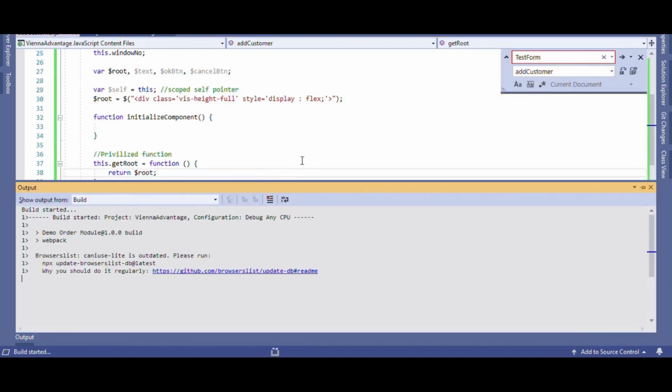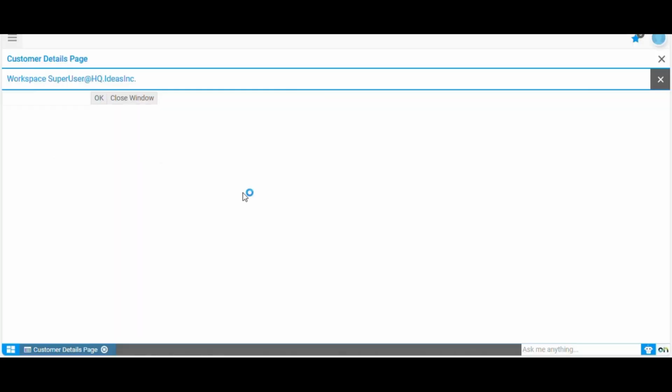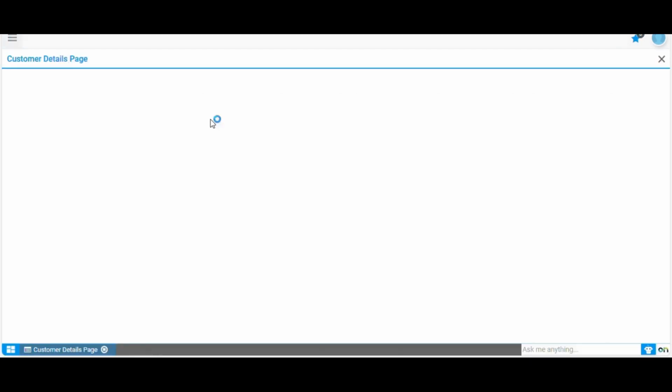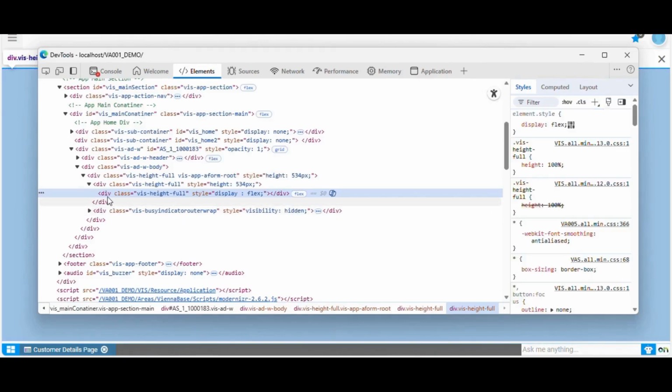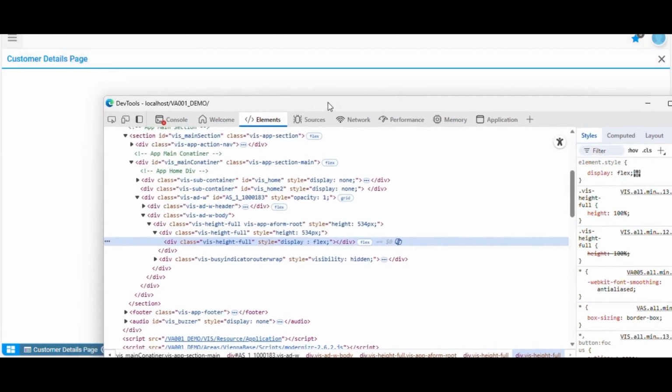This will give us a preview of the page layout and functionality once the design is initialized and the controls are set up. Now, I have removed these default controls from my page so that I can define my own controls on the page. I will just refresh it, and you can see now that the customer details page is visible. If I inspect the page, you will see that the root div we created occupies the entire area of